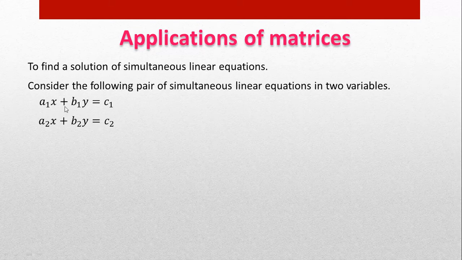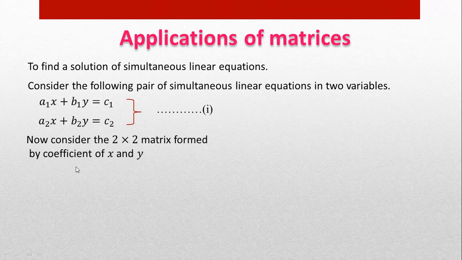So these are the two simultaneous linear equations in two variables, where x and y are called unknowns, that we have to find out. By solving these two equations simultaneously, we get a unique value of x and y. Now by using the technique of matrix, or by using the applications of matrices, we can solve these equations to get the values of x and y. Suppose these two equations are equation number 1.